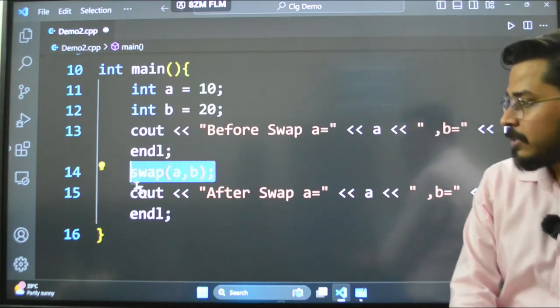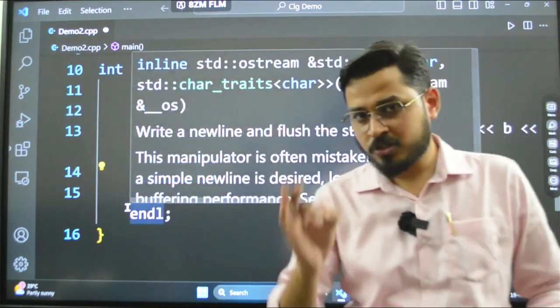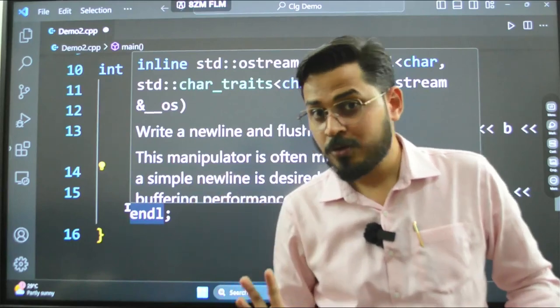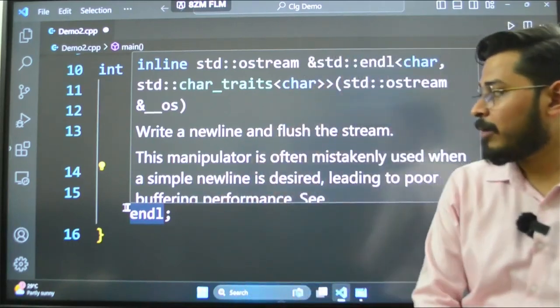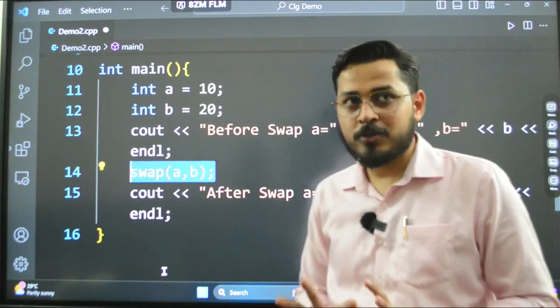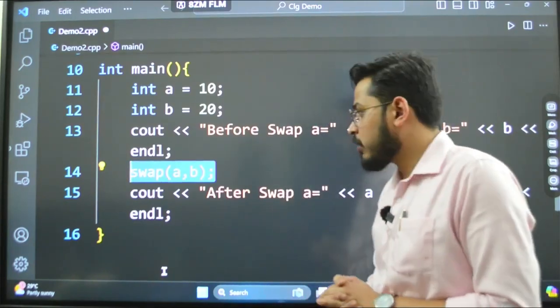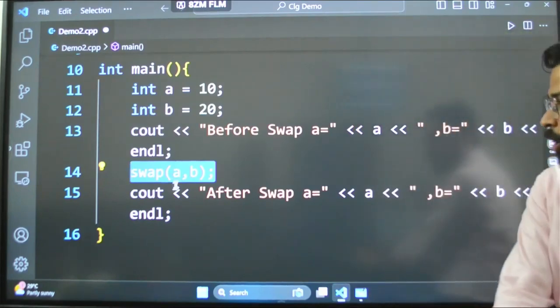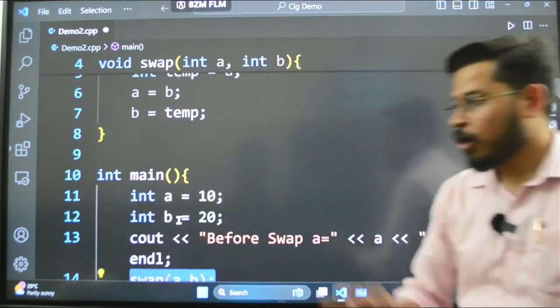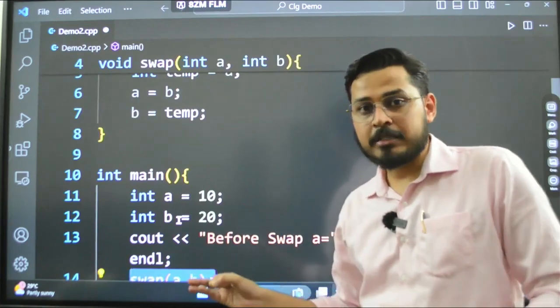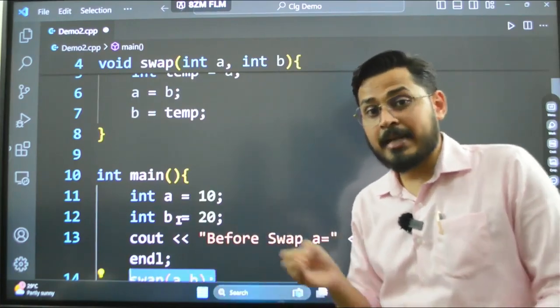You see, guys, I told you that this process is what you call call by value, calling the function by passing the values. Now we are going to do call by reference. Call by reference means calling the function by passing the reference. What is reference? Reference means address.